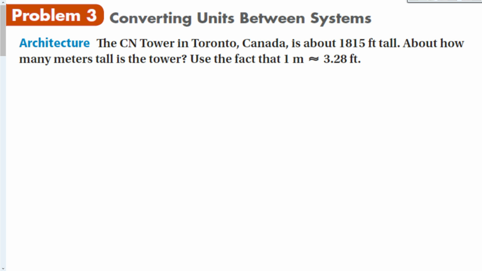converting between two different systems is a little bit harder because then we need to use a conversion factor that's given. So the CN Tower in Toronto, Canada is about 1,815 feet tall. How many meters is the tower? Okay, so I know that it is 1,815 feet tall, and I have my conversion factor right here that these two are equal to each other, and I want to wind up with meters, so I'd multiply by 1 meter over 3.28 feet. Okay? Cancel out the feet, and we get 1,815